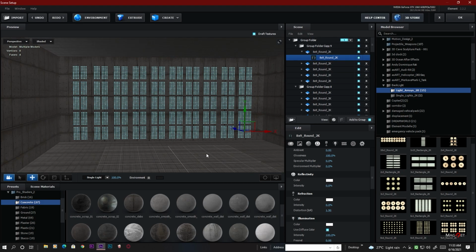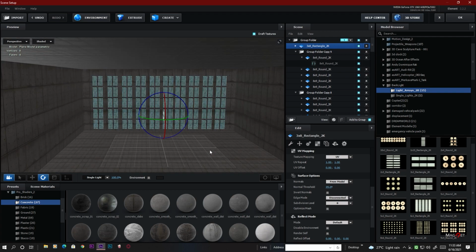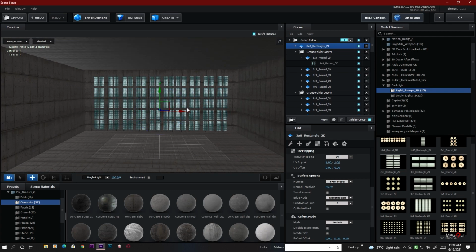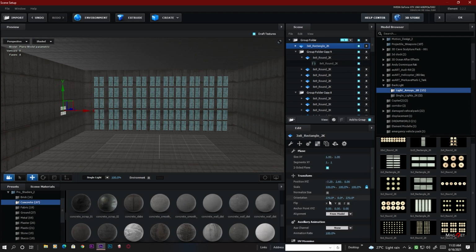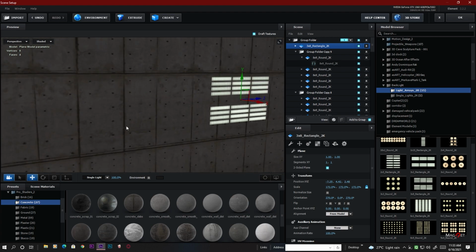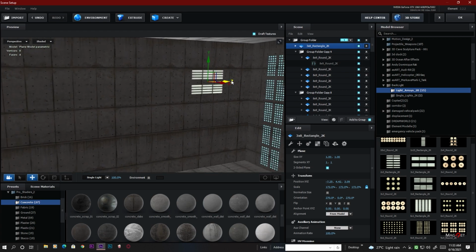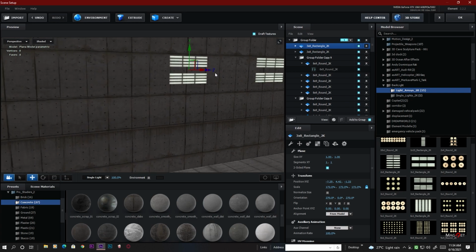Okay, so now we select this light and rotate it in this angle, and now we place it here. Maybe we increase the scale like this, and this all depends on you, which kind of light you want. So just play with it and make your own design, and I just show you the technique